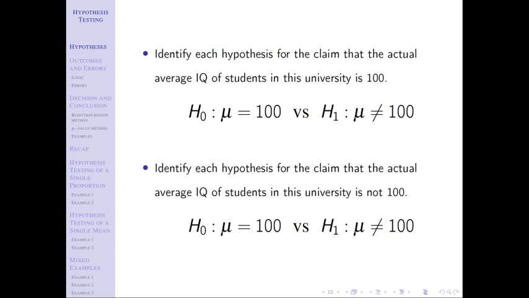This is why we say ignore what the claim is. It doesn't have to be one or the other. We never want to force it to one or the other. Once we get the hypotheses, we do not even care anymore about that claim. We don't even care that it's the null or the alternative. We're just going to completely discard it. We have everything we need for these hypotheses.